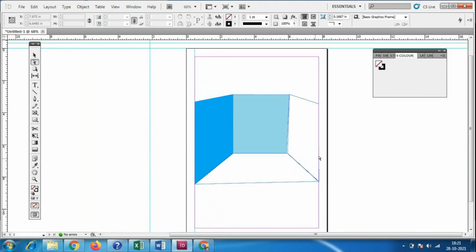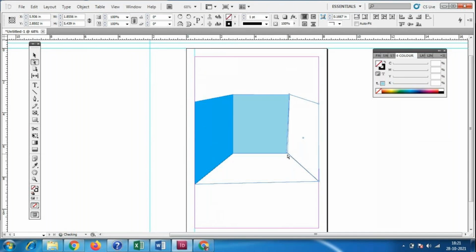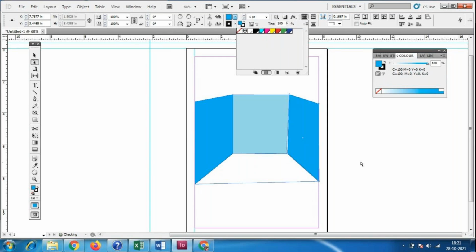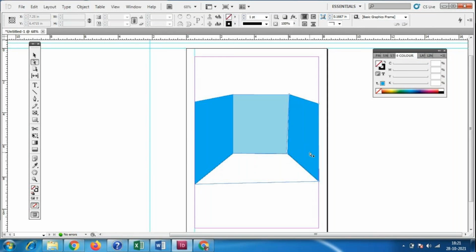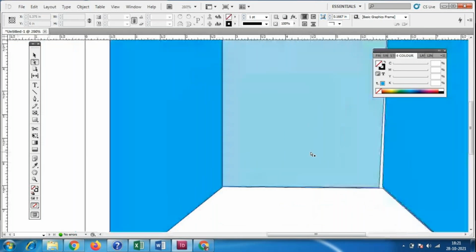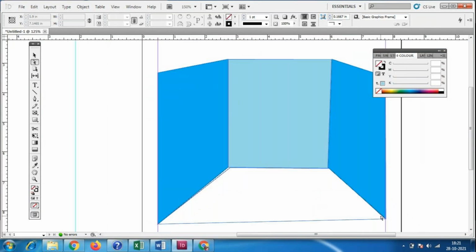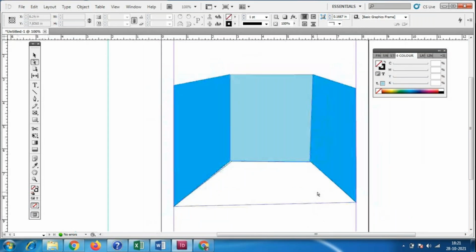Now, see, both points should not be selected. I'll select this and add the color, so three colors. Control plus for zooming in, control minus for zooming out. At this point I have to move it, meaning you select this point, control minus, like this. Now for this shape, I'll take this light color.